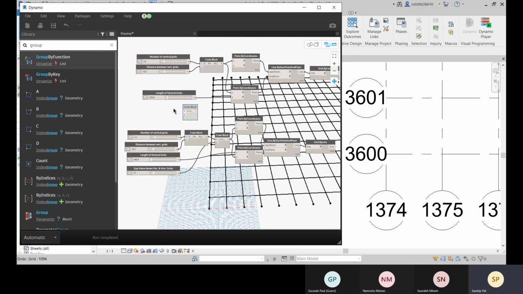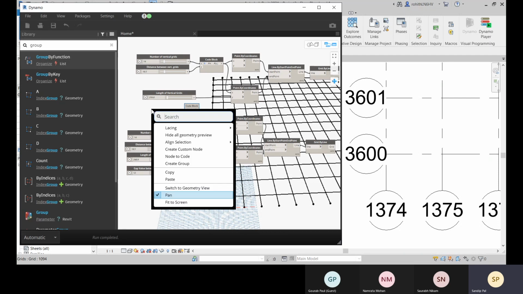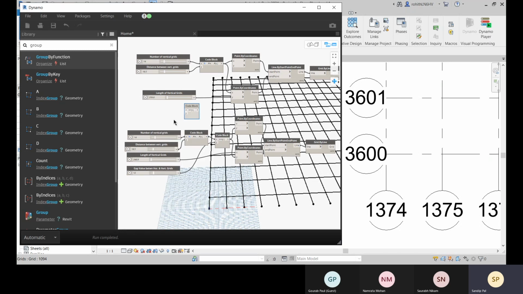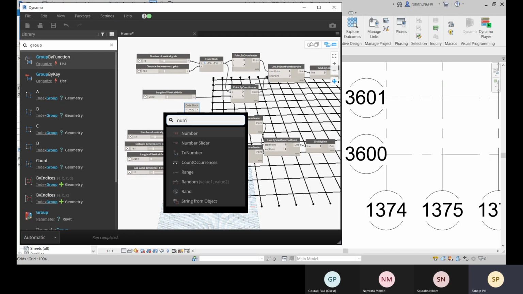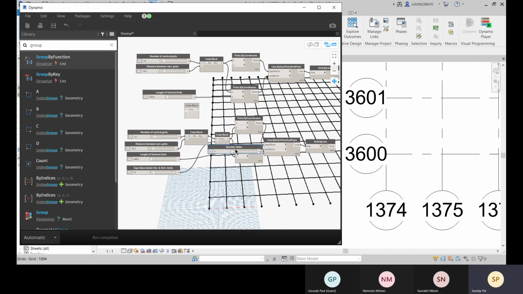Go for it. Number slider you need, search for it, number slider, make it to x, and it will be the minimum. Let's match with that. Or else what you can do is, rather than defining a new number slider, you can attach with the same. So you don't have to work with another, you can connect with this.